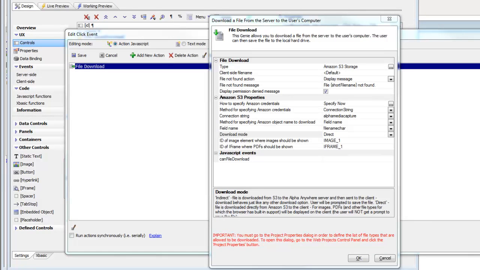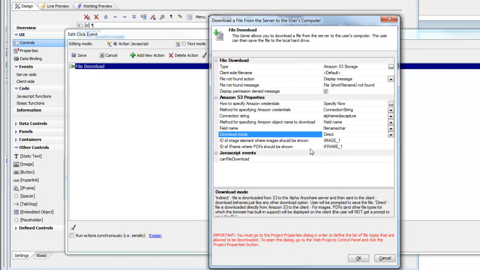So we're continuing now with our discussion of the file download action, where you're downloading files that have been previously uploaded to Amazon S3 storage, and we're discussing the direct method. So the reason that we need to specify these two additional properties is that the way in which the direct download is done is that a URL for the object in Amazon S3 is obtained. That URL is signed so that the object can be retrieved from Amazon S3, even if it was uploaded with